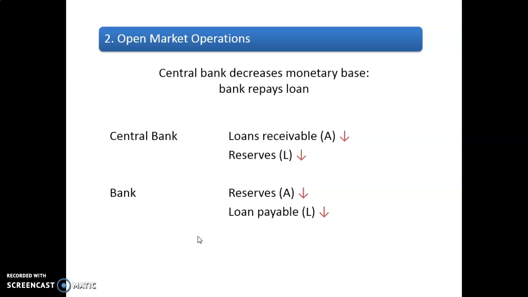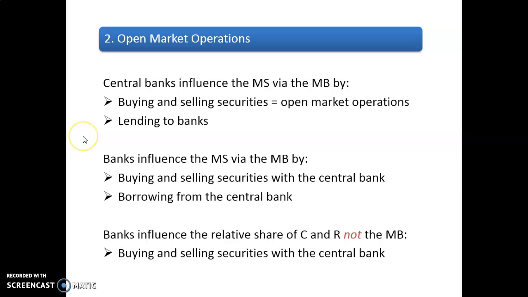Vice versa, if the central bank wants to decrease the monetary base, banks will repay loans to the central bank. So in this case, for the central bank, its loans receivable decrease, and the reserves that it owes the commercial bank decrease. For the commercial bank, its loans payable decrease, but because it used its reserves to pay it off, the reserves also decreased. So to summarize, central banks influence the money supply via the monetary base by either buying or selling securities